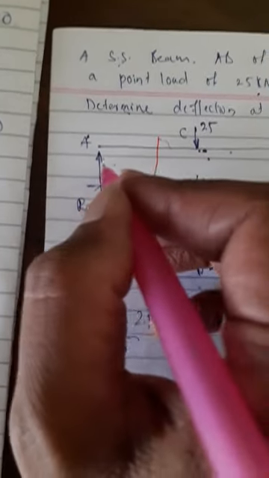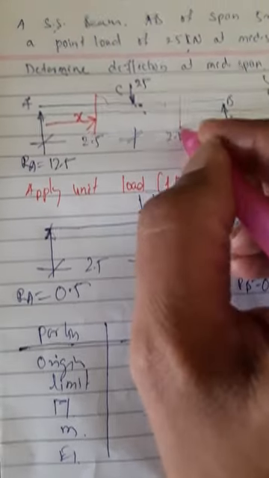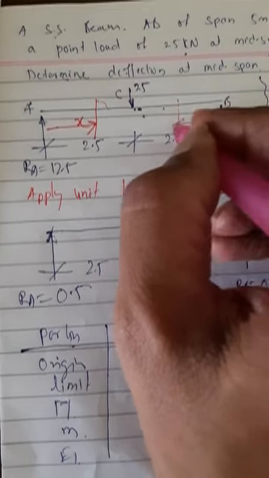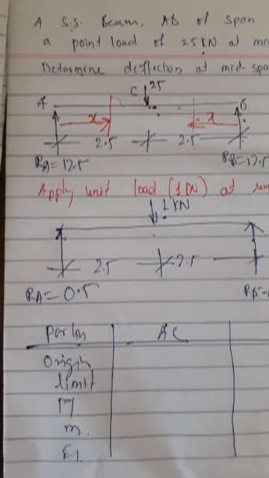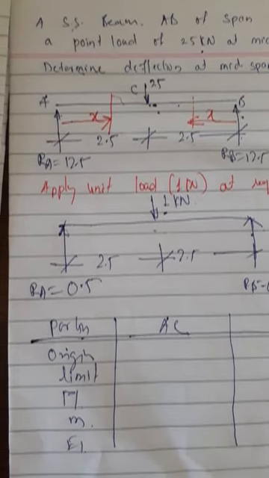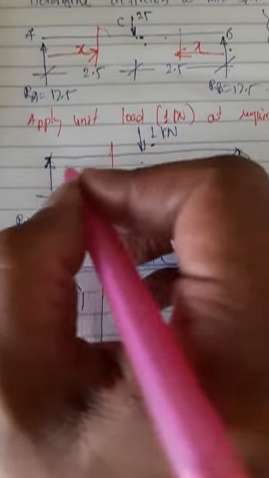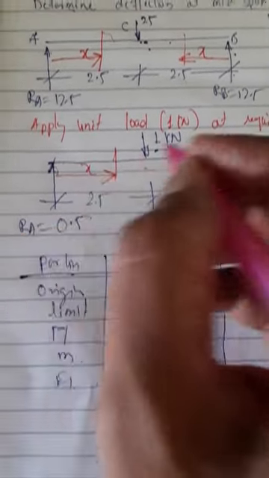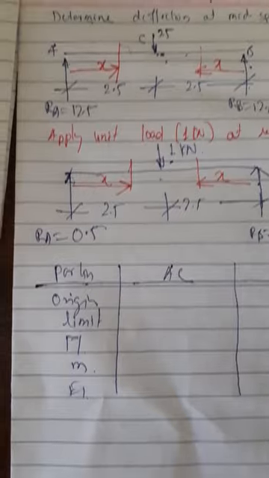Now I have to take the bending moments, so you have to take the sections. Come to this portion where the given loads act. Consider a section which starts from A and goes till here. Similarly, consider another section starting from B and going till C. You have to consider the sections such that you go till the required point, C, and cover the whole beam. Here the arrows and origin are very important.